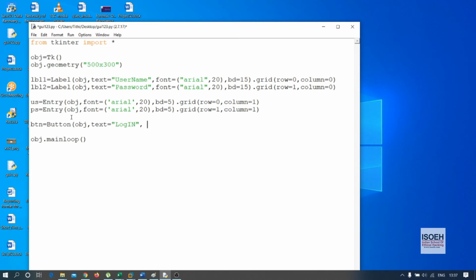Then again I can use some stylization like font equal to Arial, maybe 15 would be okay. Then again bd equals to 5 and dot grid, it is a mandatory function. Dot grid.